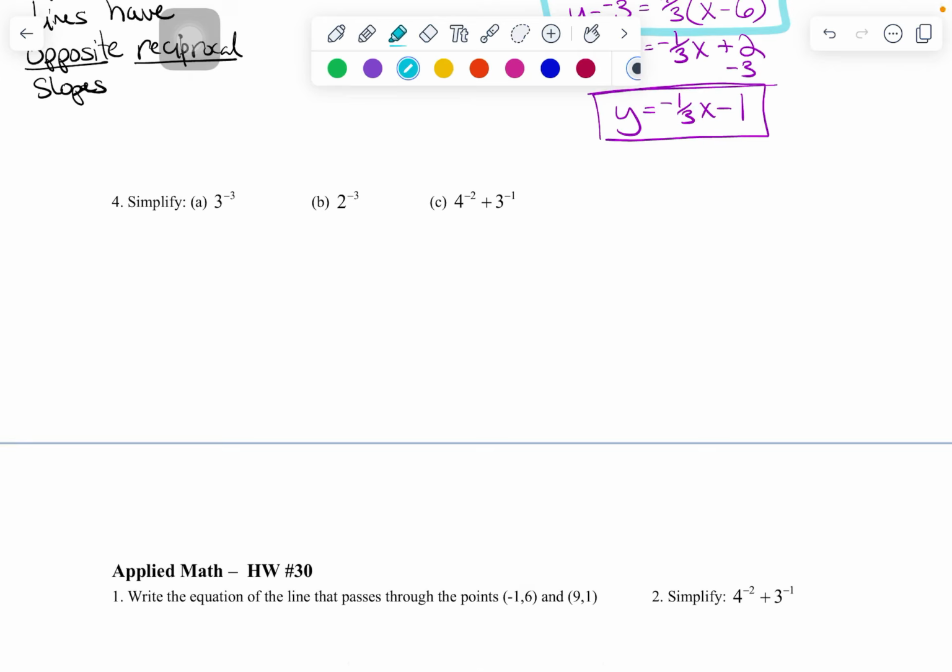All right, I'm going to do a quick video. This is the second part for Notes 30, and this is just going to go through these three problems for